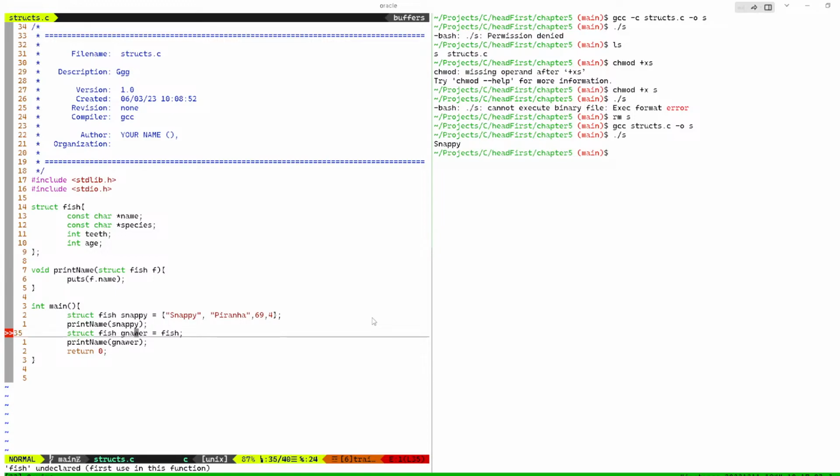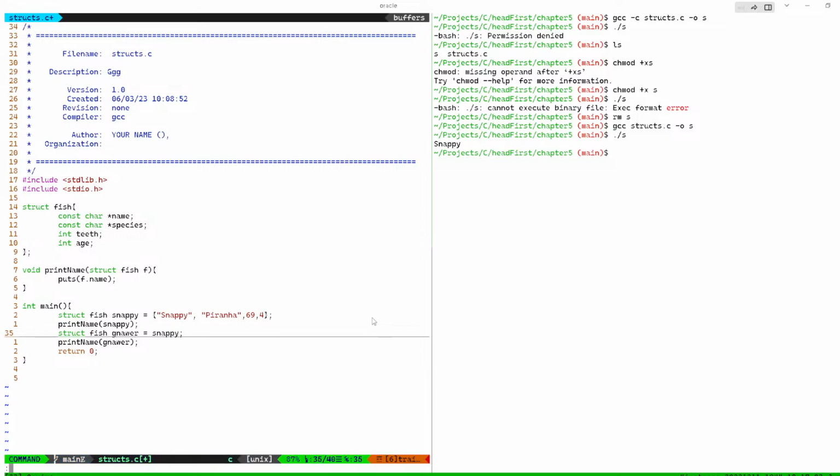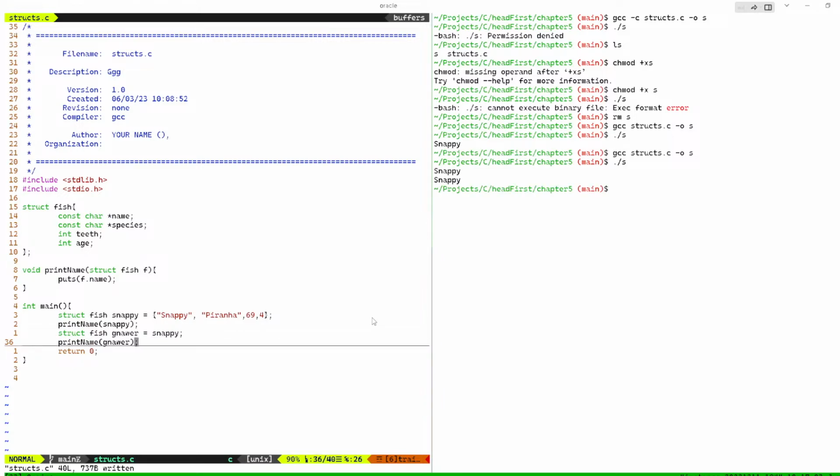Undeclared first use in this function. Oh my god, happy. So now we will try and build it again. Snappy. That is absolutely fine. Now what we are going to do is gnawer dot, we will update its name equal to